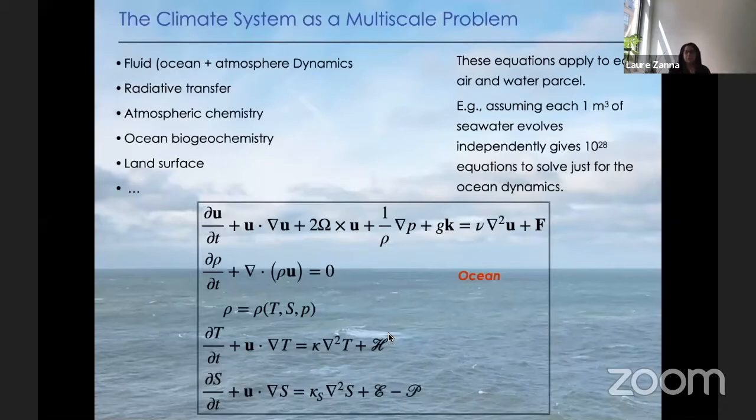Okay, so if you know nothing about the climate system, basically what we have is a bunch of partial differential equations. So here is a way to represent them. So this is for momentum. We have an equation for the density of water and for the temperature and salt in the interior of the ocean. And you'll get a bunch of equations like this for the atmosphere, for the fluid in the atmosphere, and a bunch of other equations for different components of the climate system.